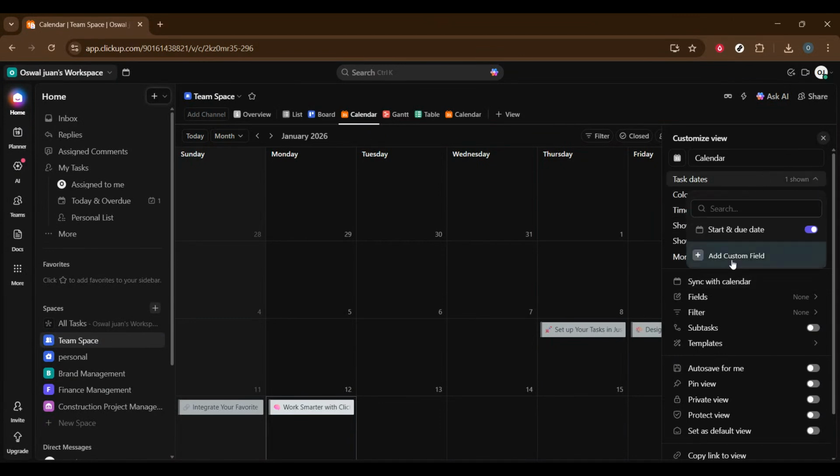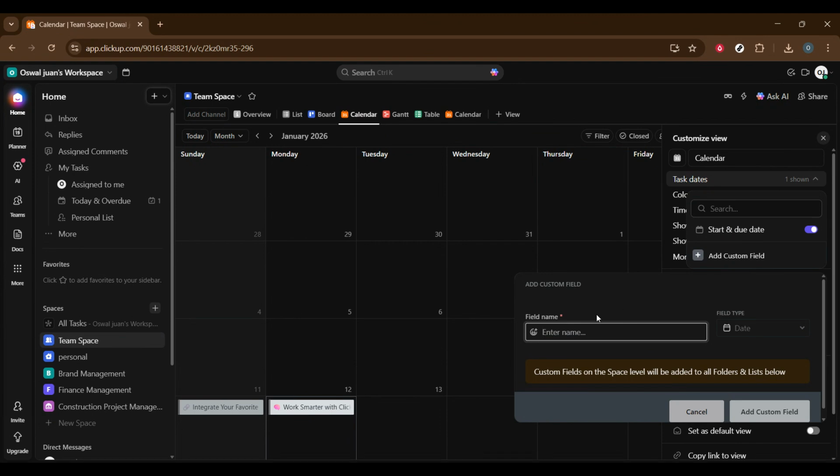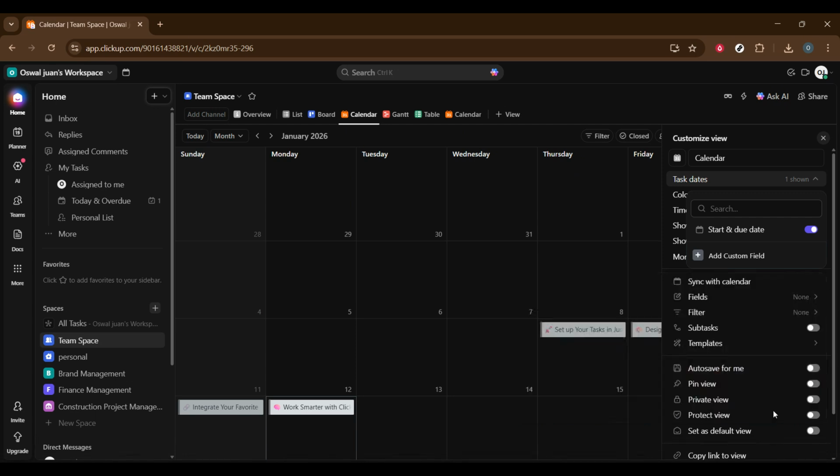From the field types, choose Date, and then select the custom date field you want to use or create a new one if you haven't already. This could be something like Publish Date, Review Date, or Client Deadline. Once selected, ClickUp will immediately update the calendar view to display tasks based on that custom date field instead of the default task dates. You can switch between different date fields anytime, depending on how you want to plan your